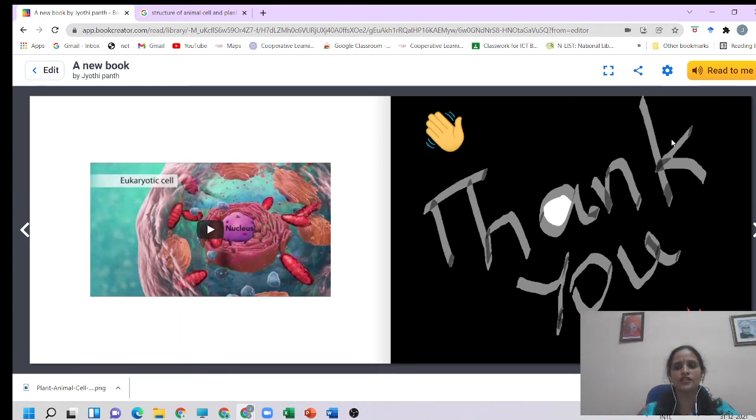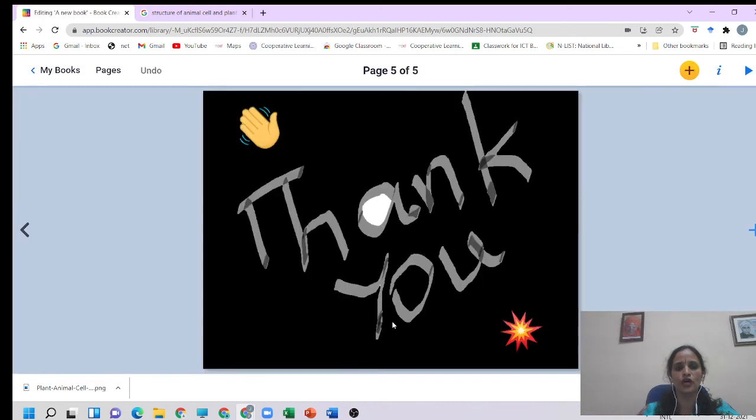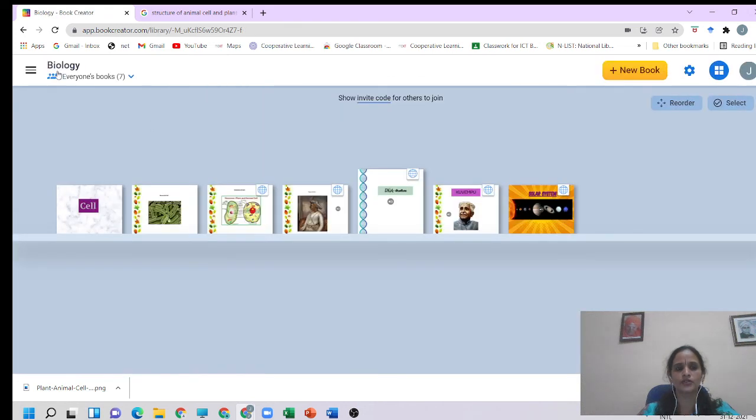So this is what you can do, and this is the important feature and advantage of this ebook. Okay, so after creating this book, you can go to this edit option. If you have made any mistakes, you can go to this edit option and do any corrections that you want. And you can find this book which I have created now added to my library.